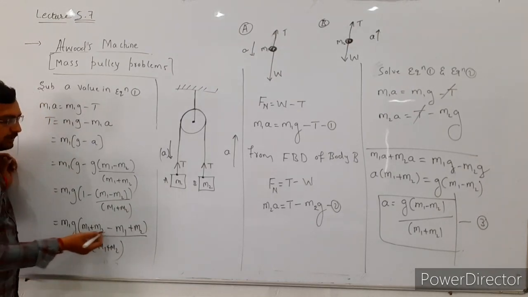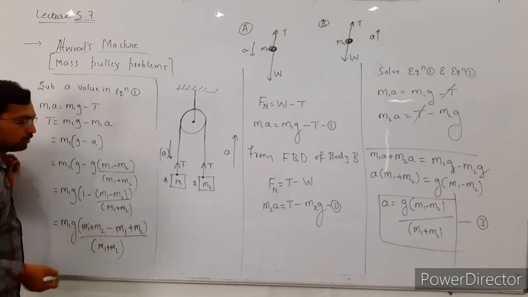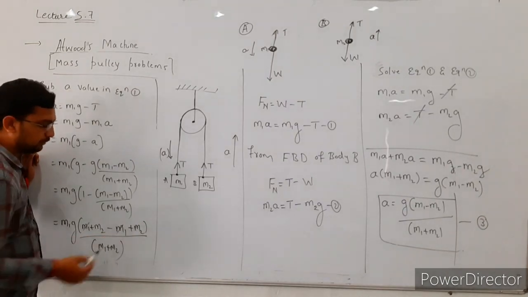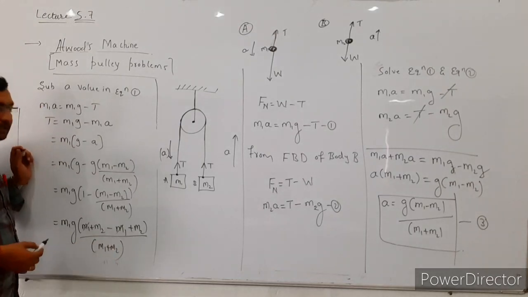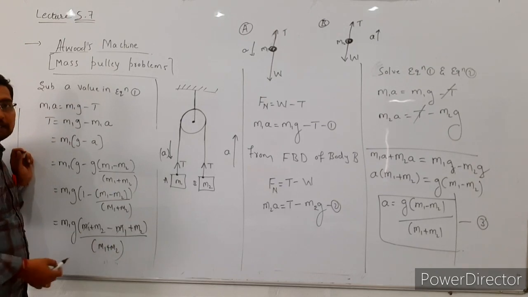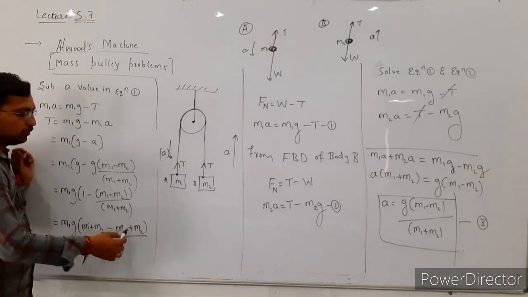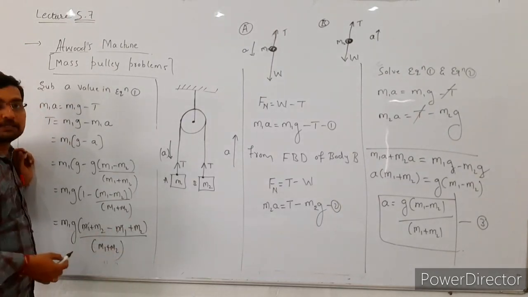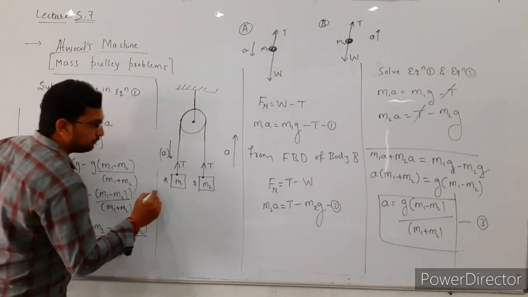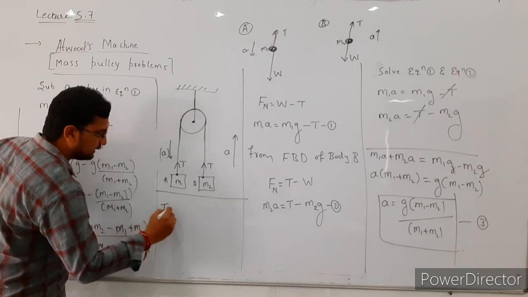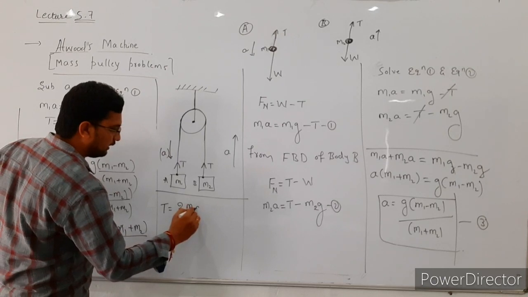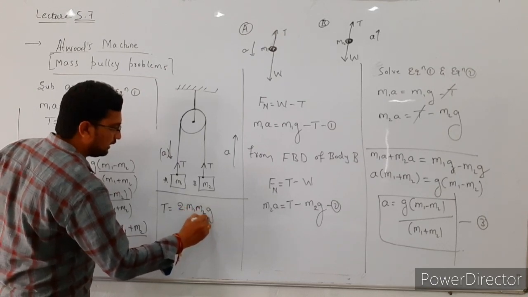So in this case, this is a plus M1 and this is a minus M1, both get cancelled. The remaining is M2 plus M2 divided by M1 plus M2. So M2 plus M2 means that is 2M2. So tension, that is T, is equal to 2 into M1 into M2 G divided